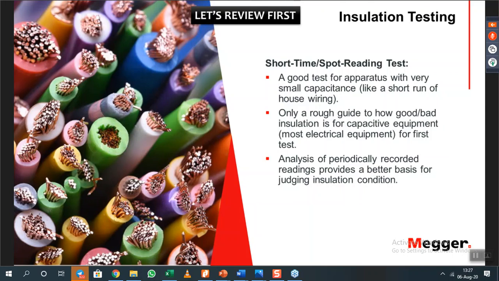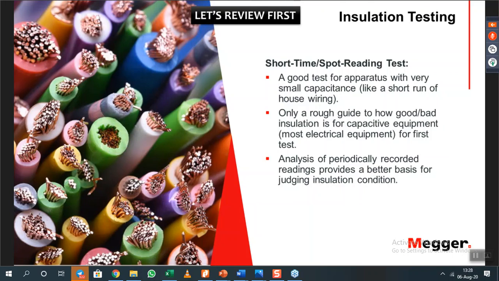So analysis of periodically recorded readings provide a better analysis for judging insulation condition. That is the better way to analyze the spot reading test, because the spot reading test is only happening at 60 seconds. So meaning you need to compare that on the previous test result. It should have the same reaction,